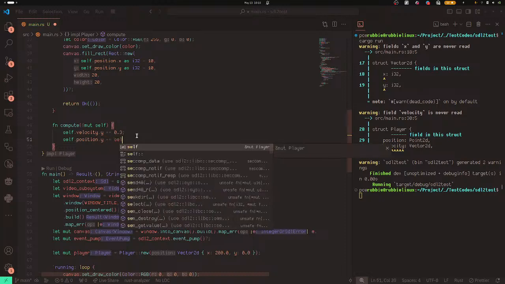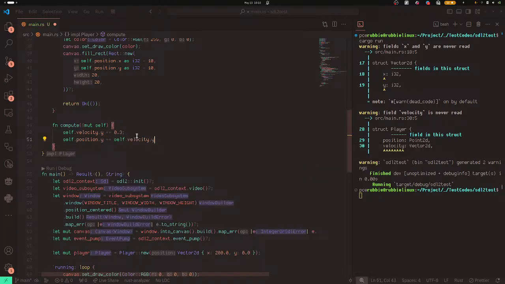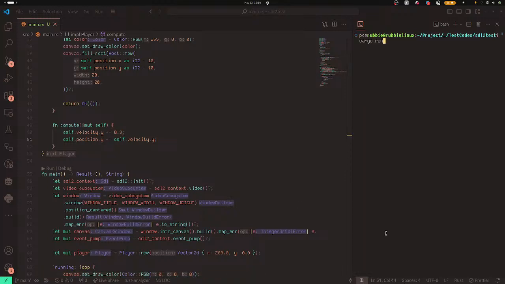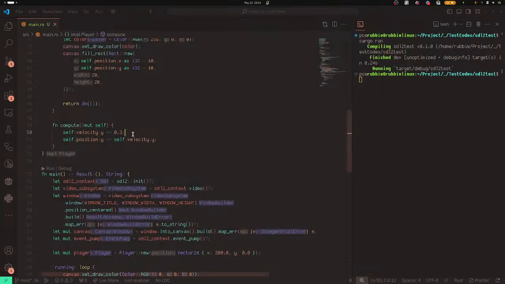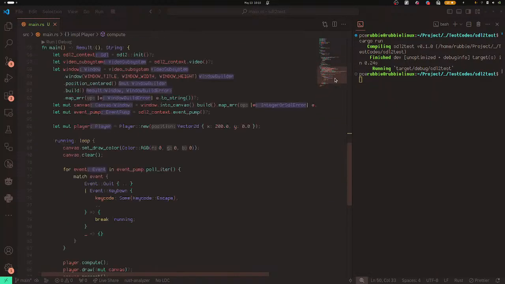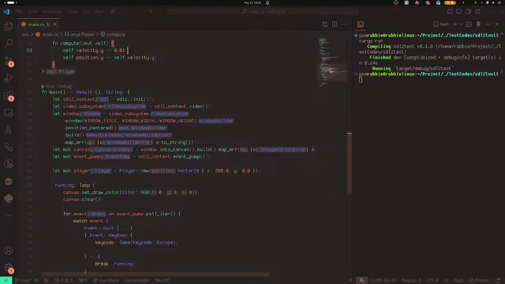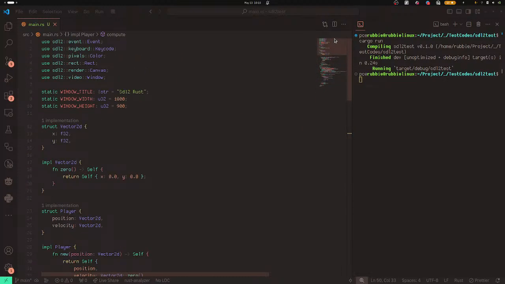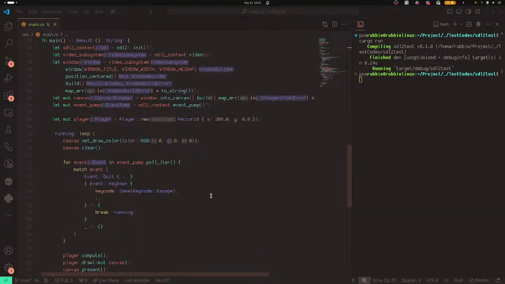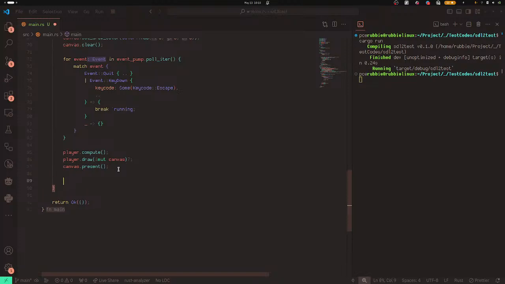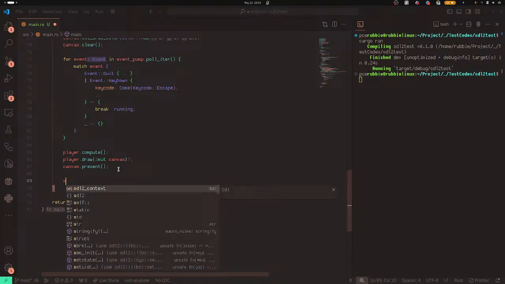Y plus equals, so let's see the Y. Let's see what's up. Oh, that was fast. I'll drop this down to 0.01. I think the reason that was fast is because we don't have any frame rate limit. It's moving at something like 500 plus frames per second. So what I want to do here is reduce that. This is not a very nice way to reduce frame rates, but